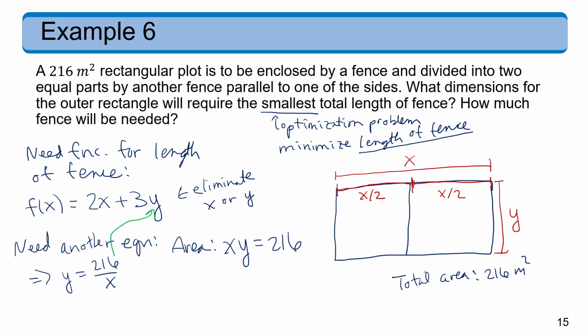So we'll rewrite f, which will be 2x plus 3 times, replace the y with 216 over x, and then that simplifies to 2x plus